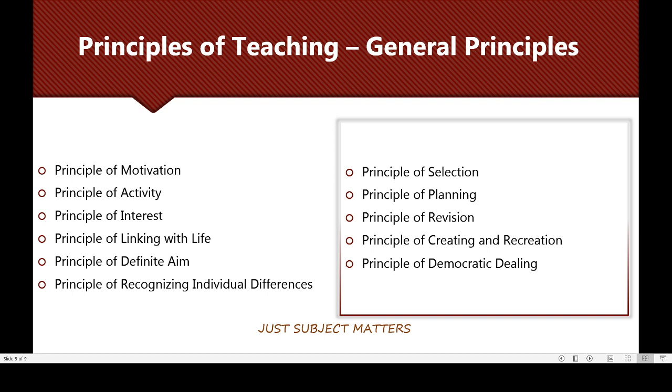And the principle of planning. Each teacher has certain time-bound objectives, and hence teaching should be systematic to make optimum use of the resources that are available. And the principle of division is where, to make learning easier, the subject should be divided into units and there should be some link between the units. And the principle of revision. To make learning enduring, the acquired knowledge should be revised immediately and repeatedly.